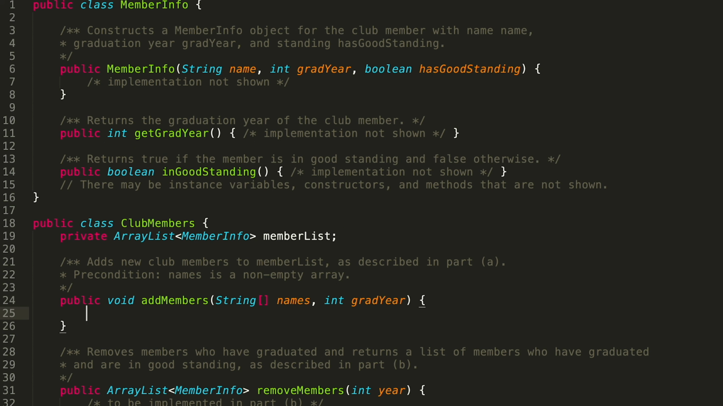Let's go ahead and write some pseudocode first, and then dive into the actual code. We've got this array of names, and ideally we add every single one of these to our member list. But notice that member list is made up of a bunch of member info objects. Member info objects are created using these name, gradYear, has good standing properties. Okay, what we're going to want to do is loop over names,